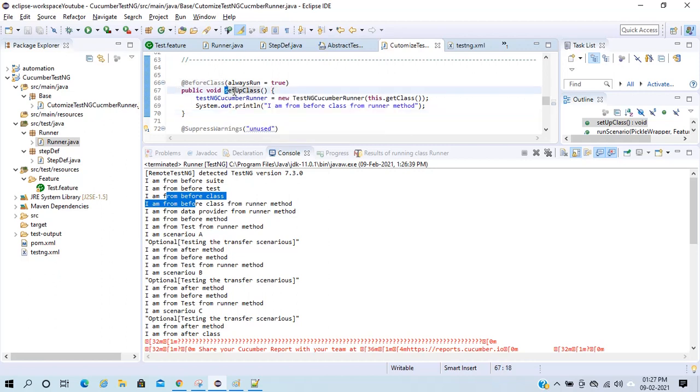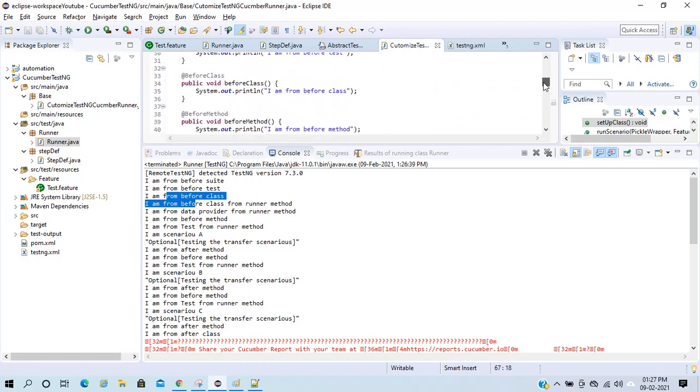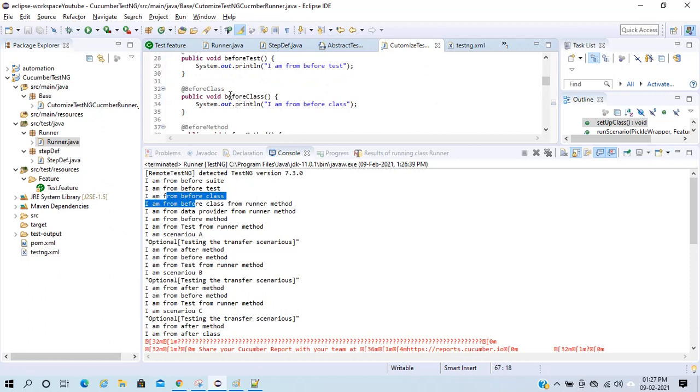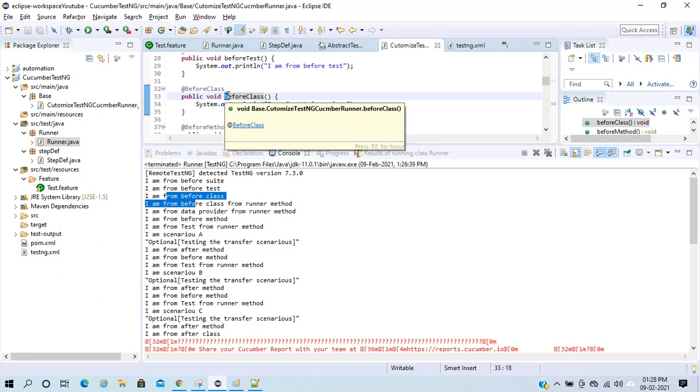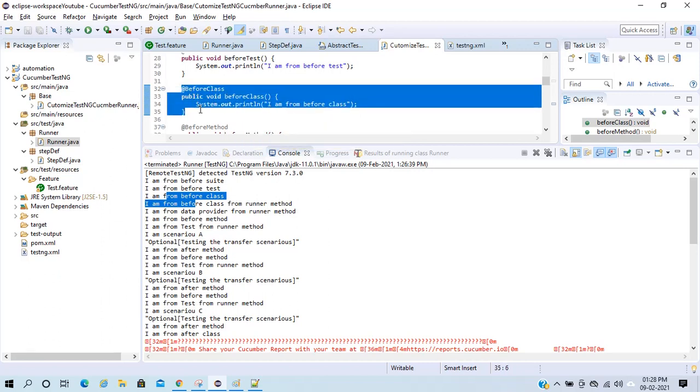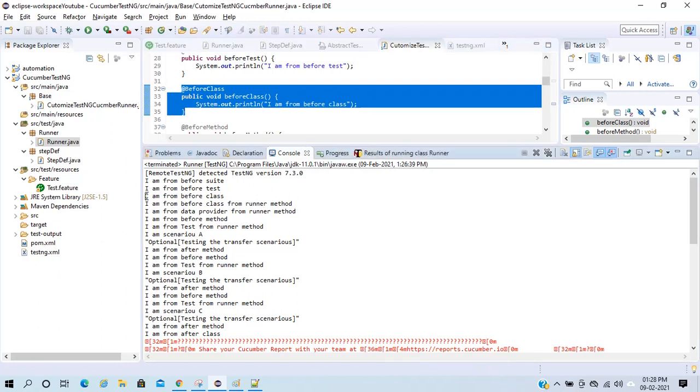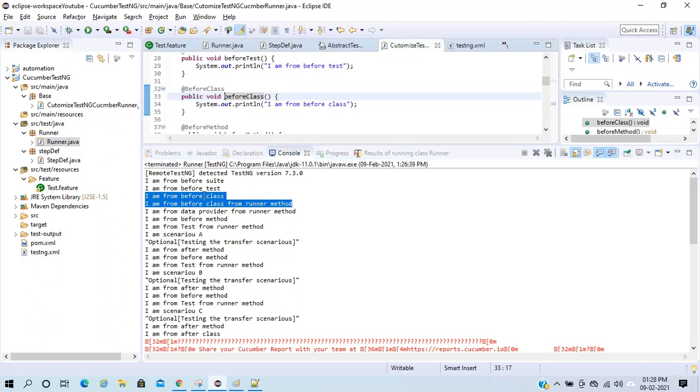This begins with S and this begins with B. In B and S, which comes first? Obviously B. So B got called first. If I have two methods with before class annotation, then it executes based on the alphabetical order. So this is, I think, very much clear.